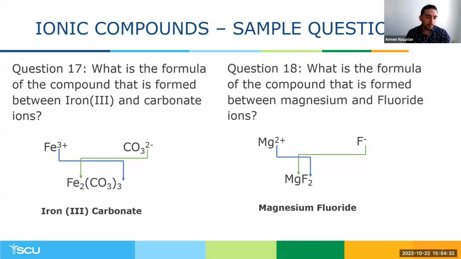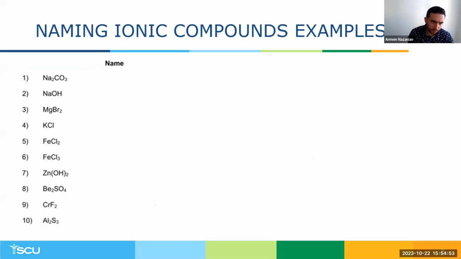But for polyatomic ions, you don't have to do anything. You pretty much have to sew them together. Cation comes first, anion comes second. So if you have iron 3 carbonate, it's iron 3 making a molecule with carbonates, making a salt with carbonate. So iron 3 carbonate. We can practice some of that naming for the following salts.